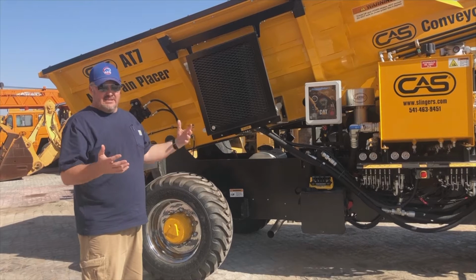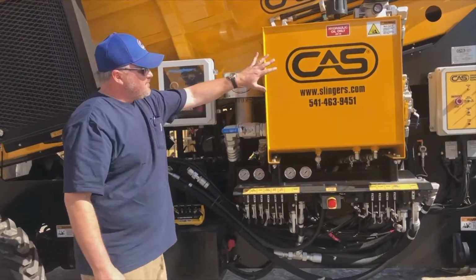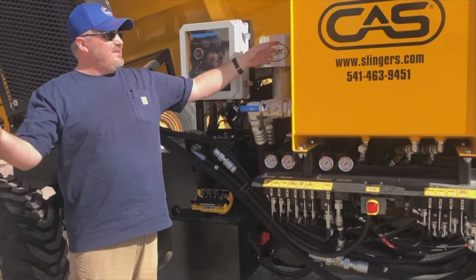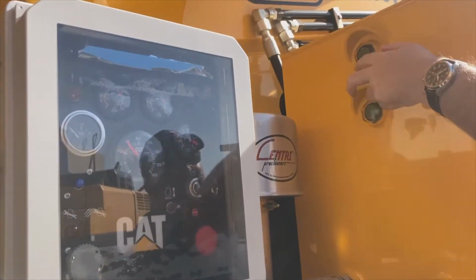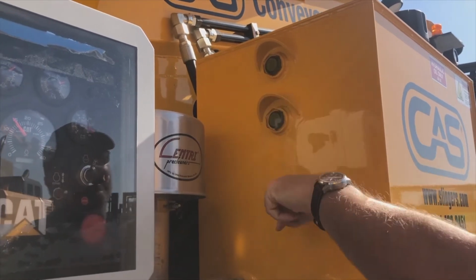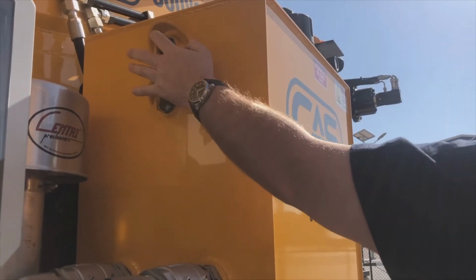So first of all, let's get the basics done. Oil and waters, okay? Come in here, guys. This is our hydraulic tank right here. Okay, right next to our engine control panel and our battery box with our battery isolator. Come in this side here and you will see the two sight glasses, okay? These two sight glasses, so long as we're halfway on that top sight glass, we are good to go. If you do not have it in the top sight glass, and it is in the bottom sight glass, it will need topping up, but again, just needs to make sure that you do have some oil in that top